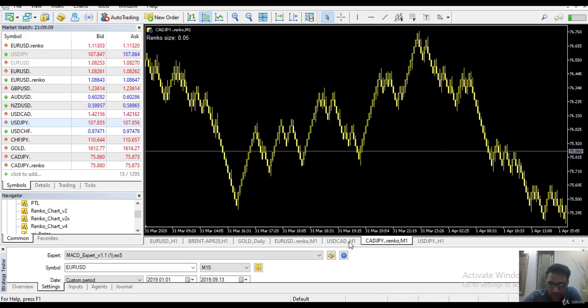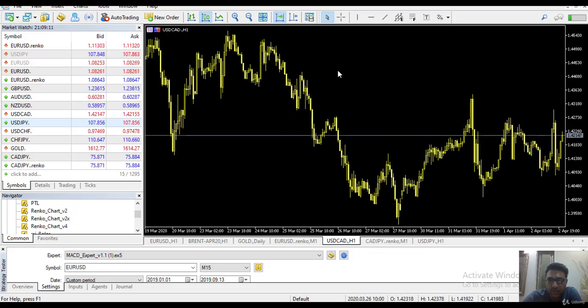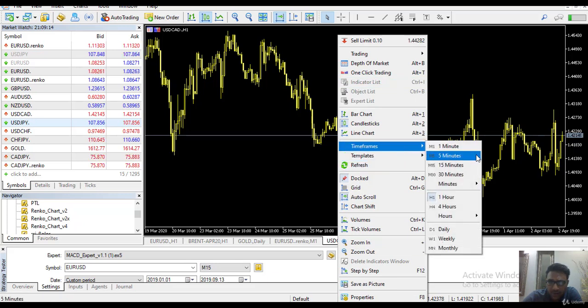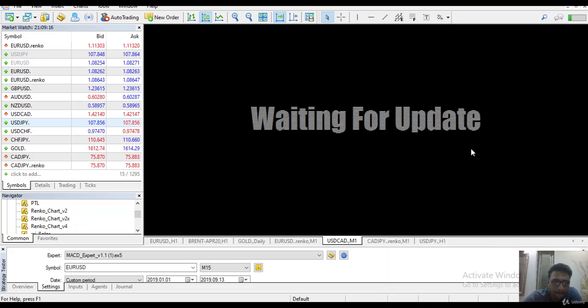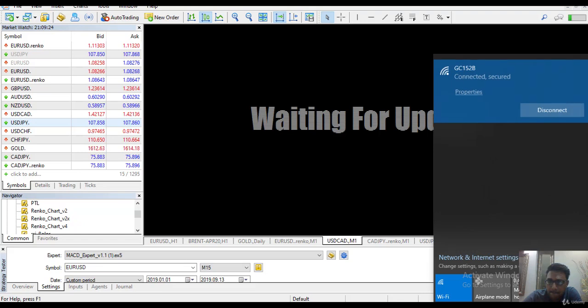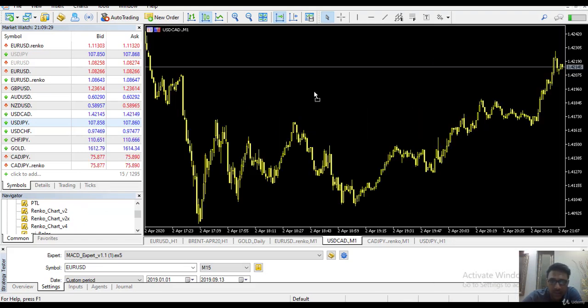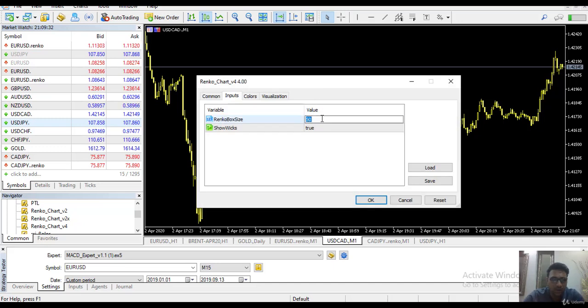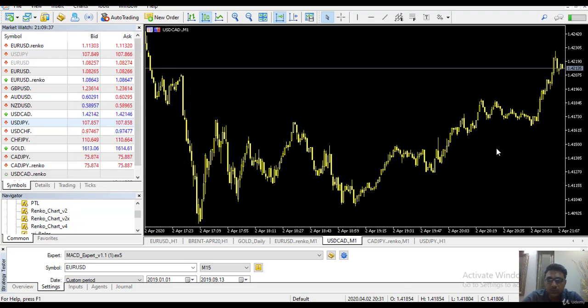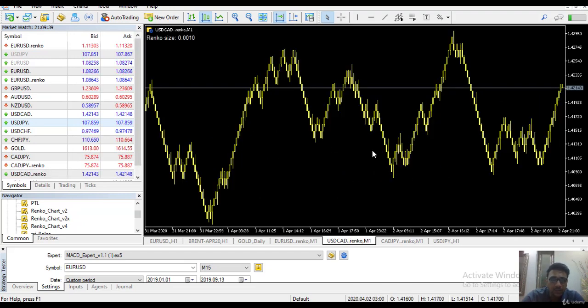Let's look at USD CAD. Let's move on to one. I don't know why it isn't working. It is working. Okay, let's use 100 points. Right. So this is one brick of 10 pips or 100 points, and you can see